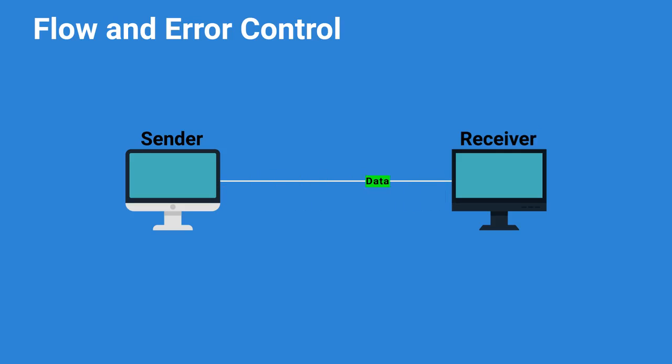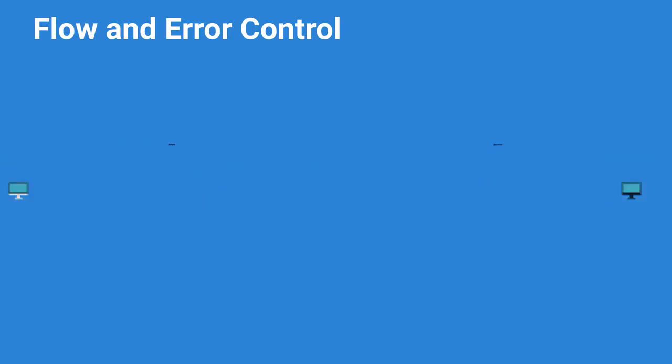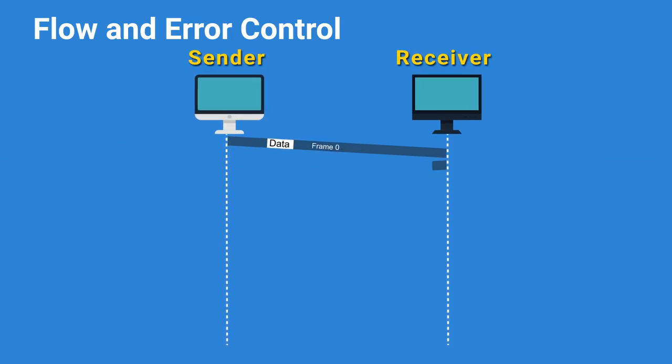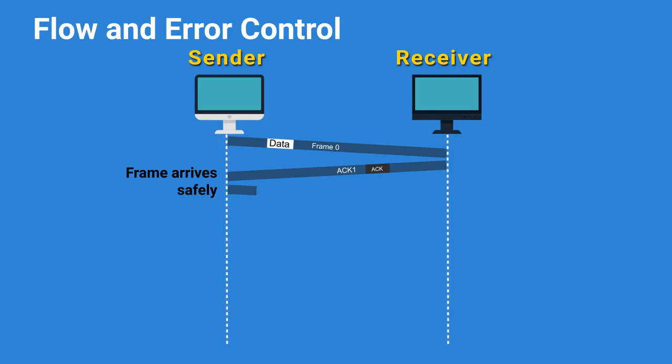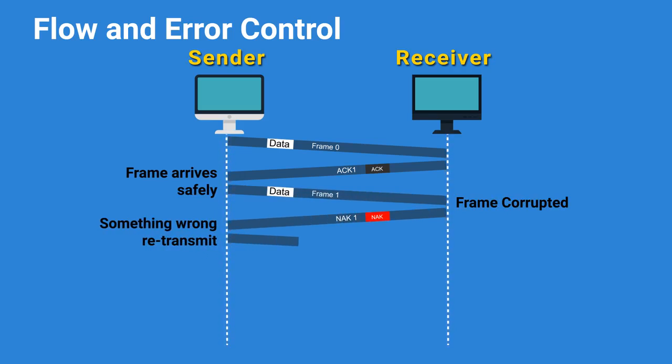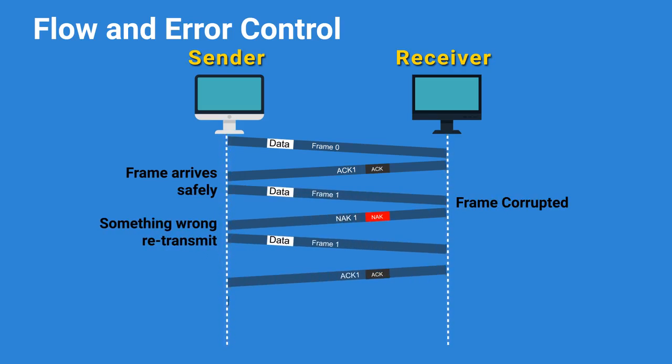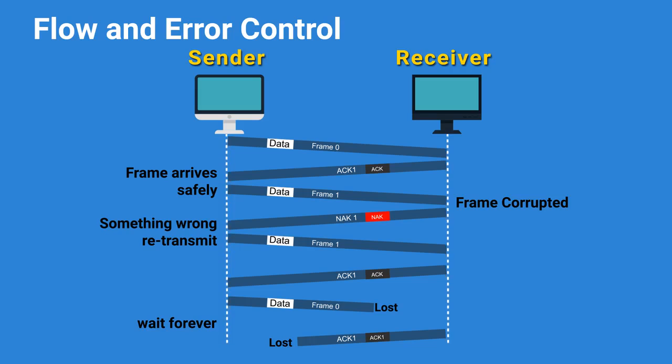Generally, the protocol tells the receiver to send back special control frames having positive or negative acknowledgments about the received frames. If the sender machine receives a positive acknowledgment, that means the frame has arrived safely. And if it's a negative acknowledgment, it knows that something is wrong, and the frame must be retransmitted until it is positive. There is a possibility that hardware troubles may cause a frame to vanish entirely, or if the acknowledgement frame is lost, the sender will not know how to proceed. In this case, the sender will wait forever for the acknowledgement.